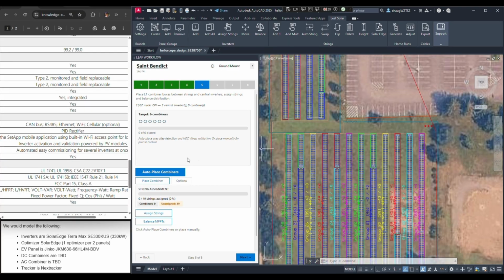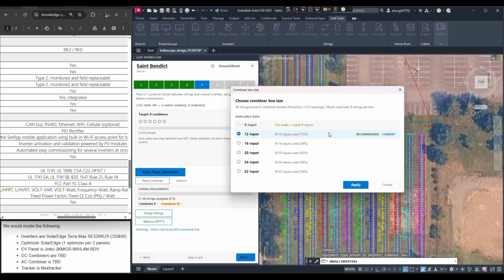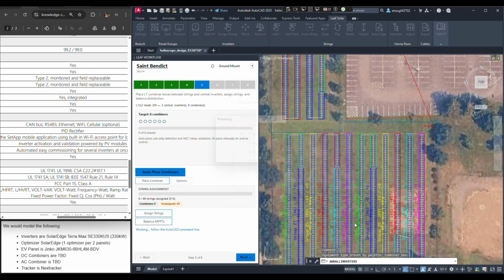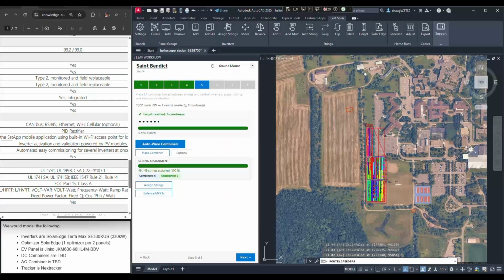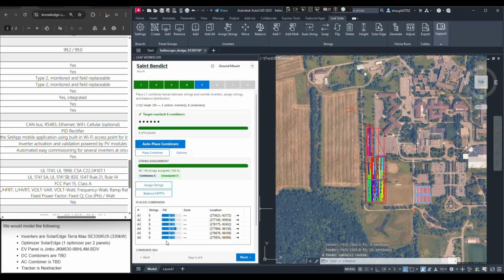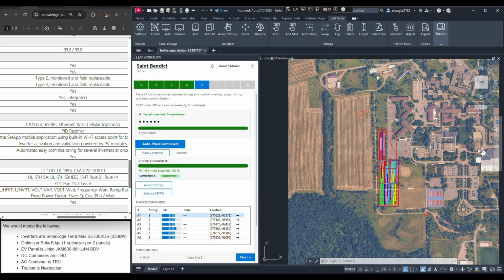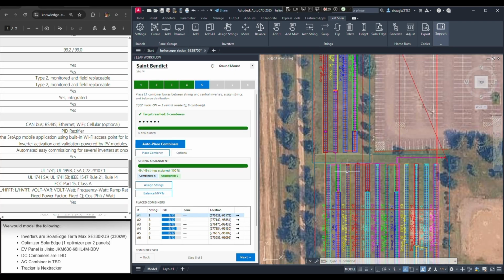We'll get to choose the size of our combiner boxes. Right now, you can only choose one size, but for all of them. In a future iteration, we'll be able to size them all individually. We've just got the one combiner box that needs 9 strings, but right now we'll just choose 12 for all of them. So our combiner boxes fill all the inputs besides one with 9, and our combiner boxes were placed in here